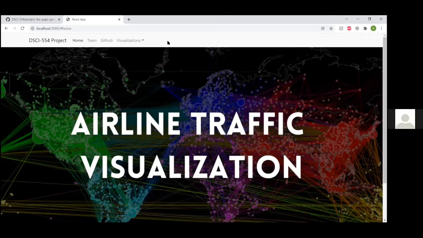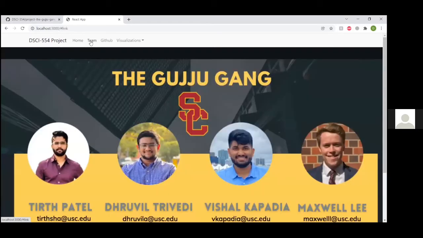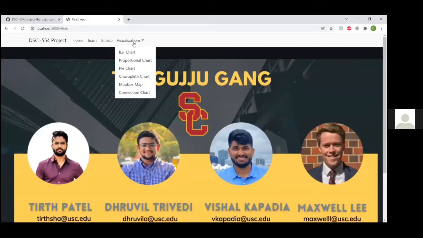So for our project, we wanted to keep a simple and elegant design for the user so that it is easier for the user to navigate throughout the system and throughout the dashboard to help understand the data and have as much information as possible in the shortest period of time. So we have put in a small navigation bar here where the user can navigate through all of the different visualizations to have some great insights